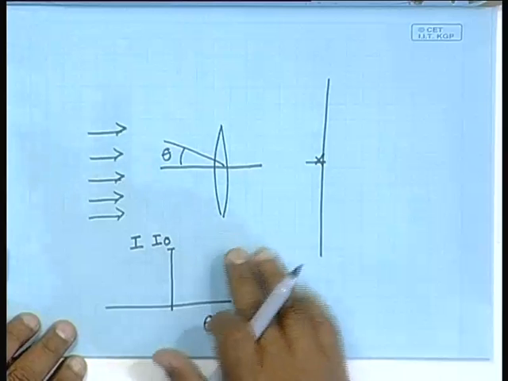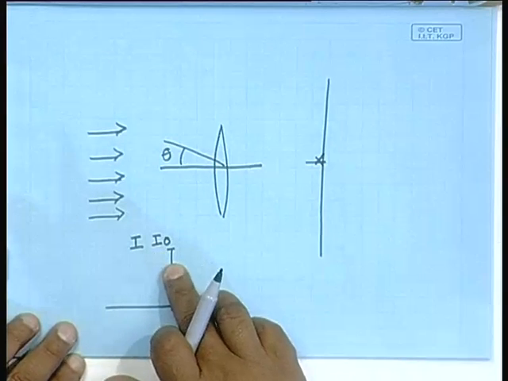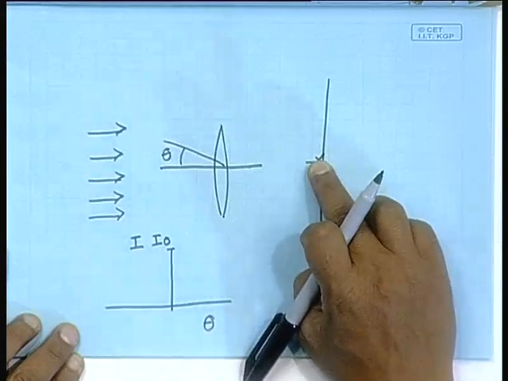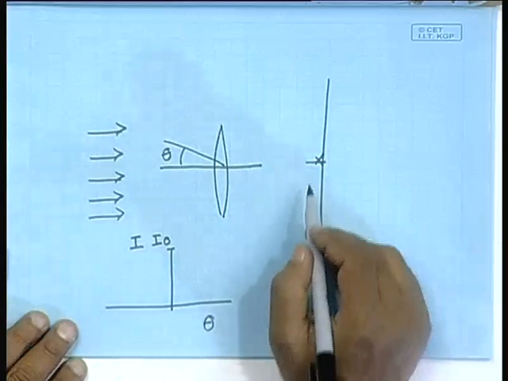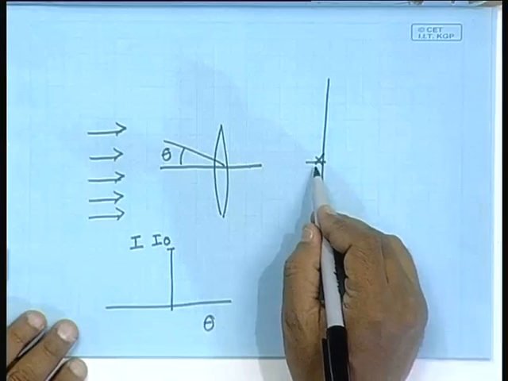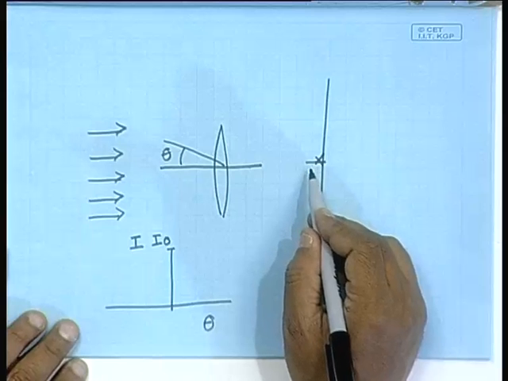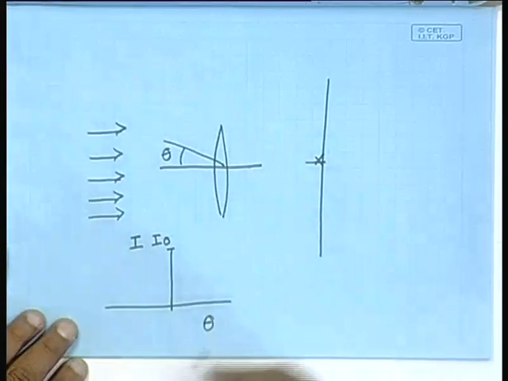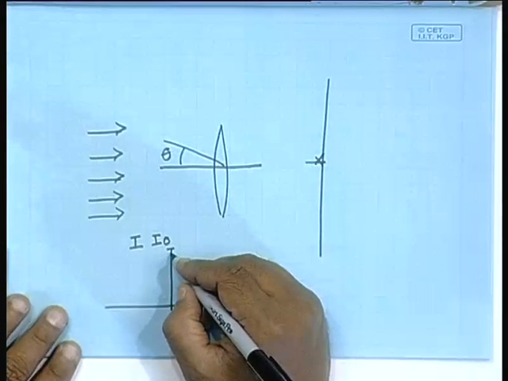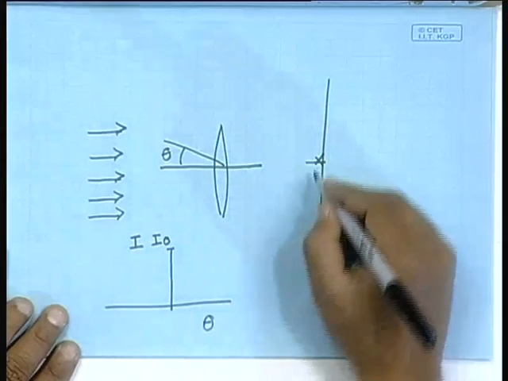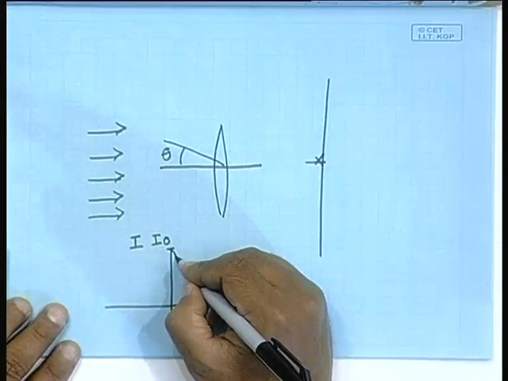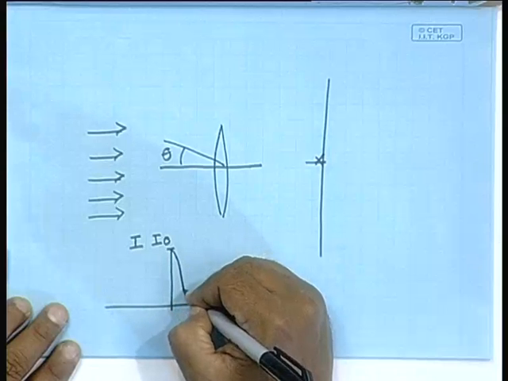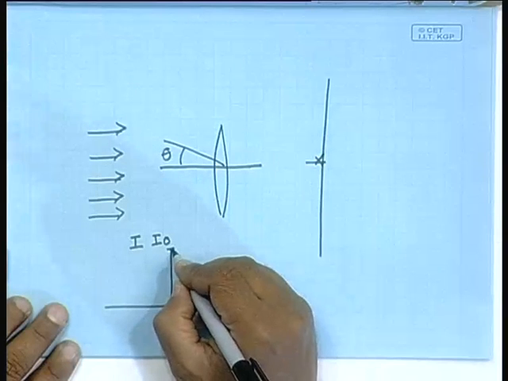So, conversely, the I naught is the value of the intensity that you are going to get at the center of the screen over here. Now, naively you would expect that is all that there would be, just a spot at the center, but no, our calculation tells us that the intensity does not fall to 0 as I move away on the screen. The intensity drops as the sinc square. So, the intensity drops on both sides